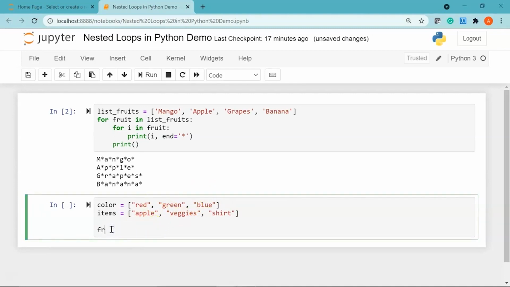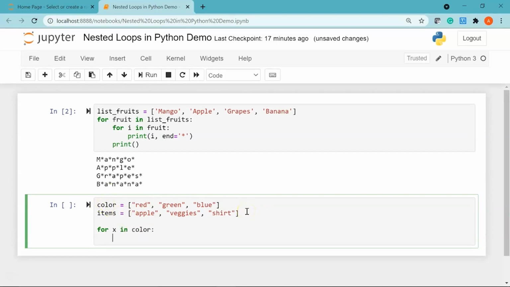So I'll say for my iterator variable, let's say x, in my first list, which is color. So I have declared my outer loop, and now I'll say for another iterator variable, let's say y, in my second list items,